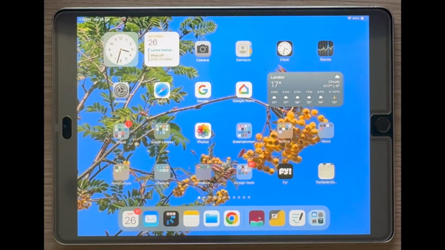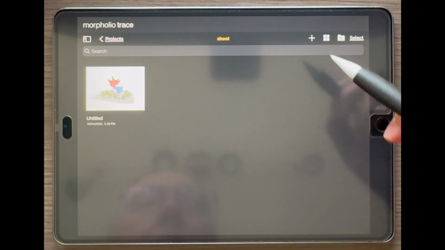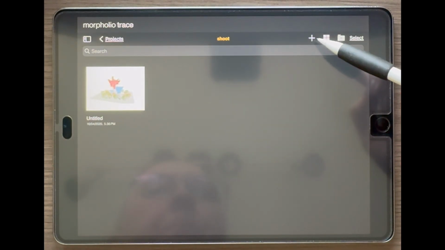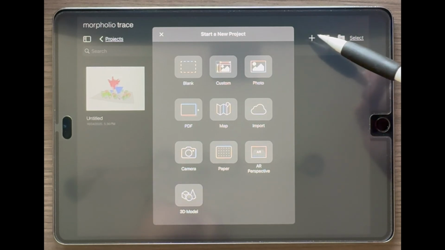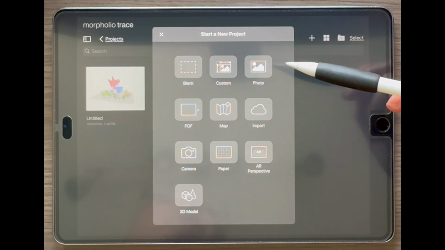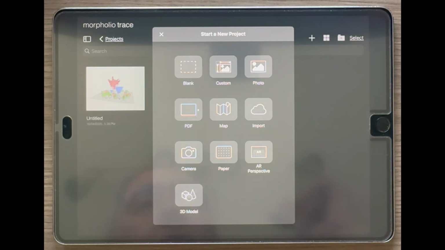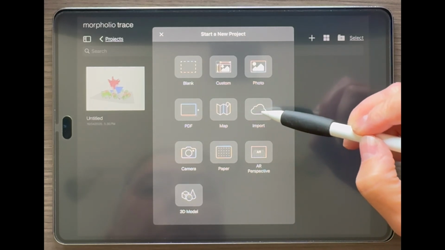So I've got my iPad set up, and this icon down here is Morpholio Trace, and what I'm going to do is start a new project. So I click the plus button, and if you remember, I saved an image or a JPEG of the planting plan. So I'm going to import,